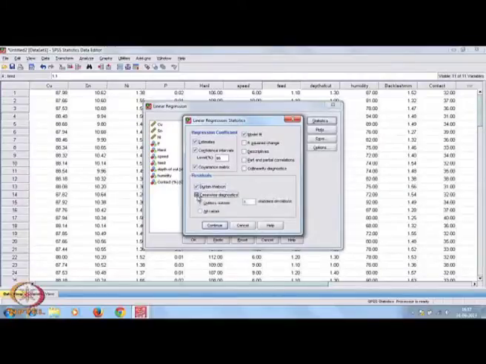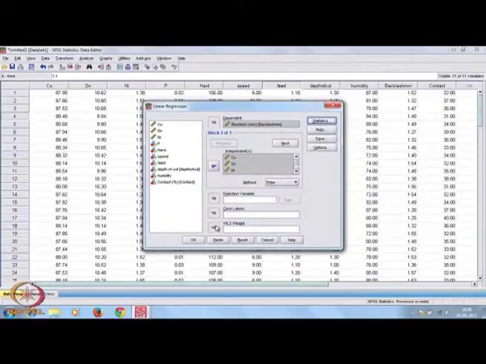You may be interested in casewise diagnostics, outliers outside 3 standard deviations. Okay. Now you may be interested in the R square change also, then you click R square change. If you are not interested, forget this. I think model fit, estimates and confidence interval, and some outliers and residuals related information are very, very important.